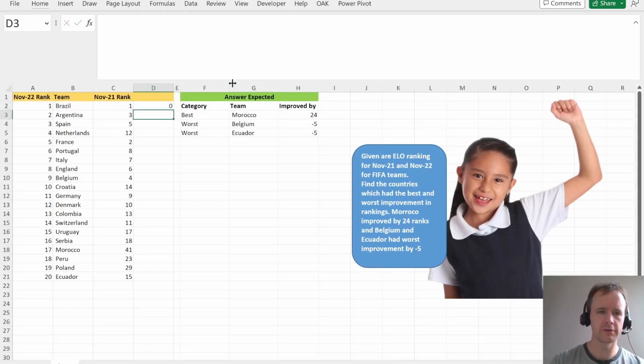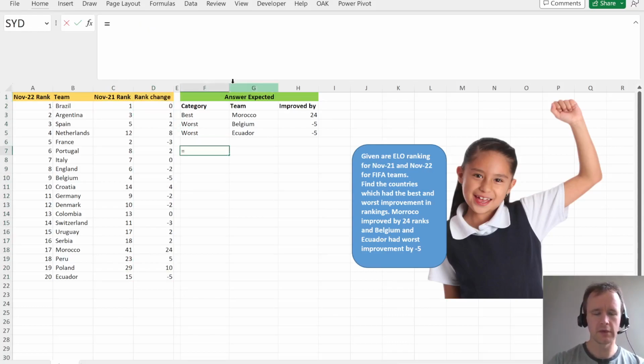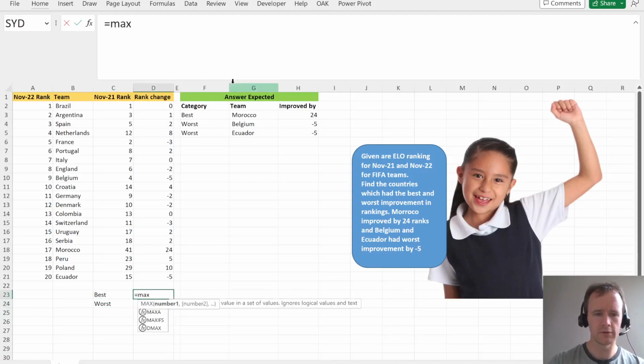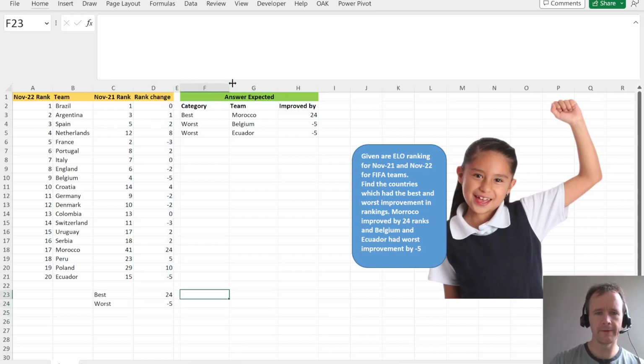So first, let's just add a column which is rank change. And then I guess, again, let's just do it longhand, best, worst. So best is the max, the worst is the min. And then we could filter, or I guess, sorry. Oh, interesting. So we're labeling it category best and worst. All right, fine. Well, anyway, first I'm just going to filter on this by,